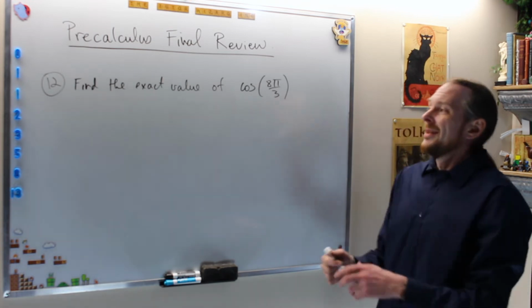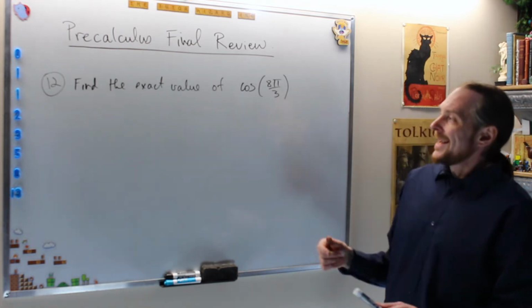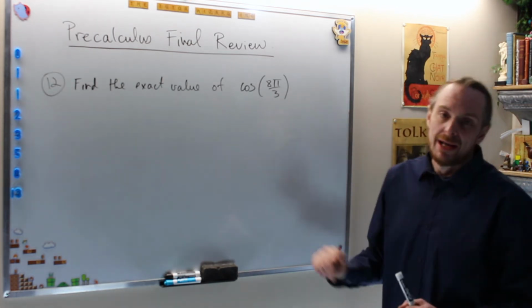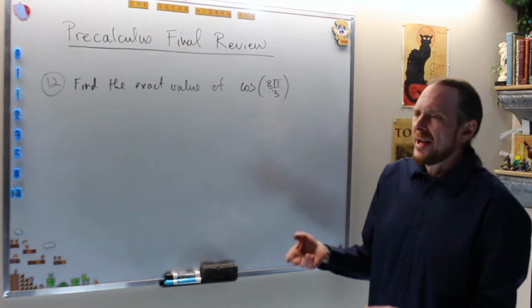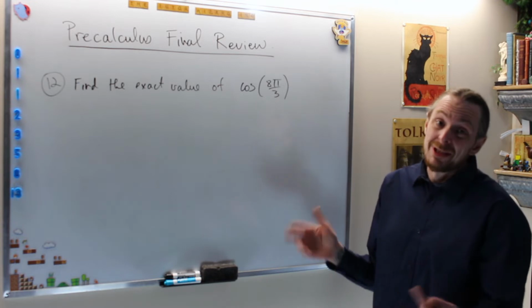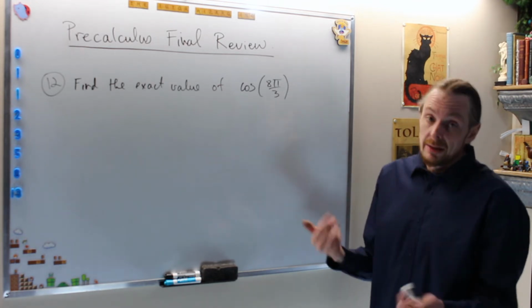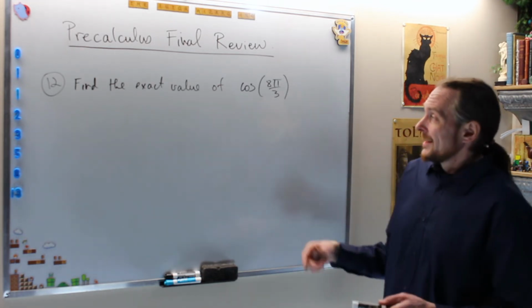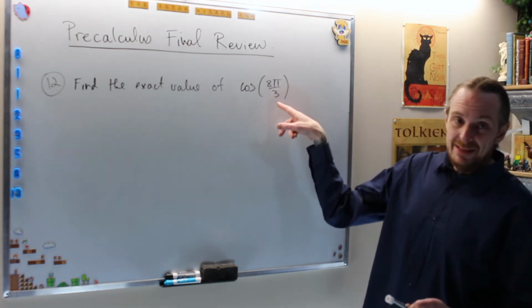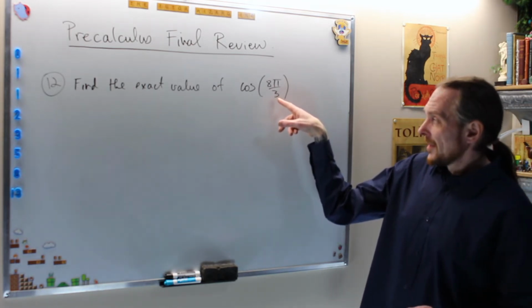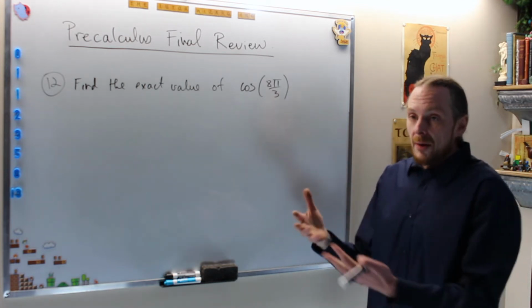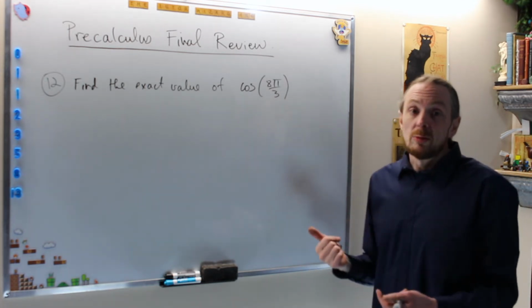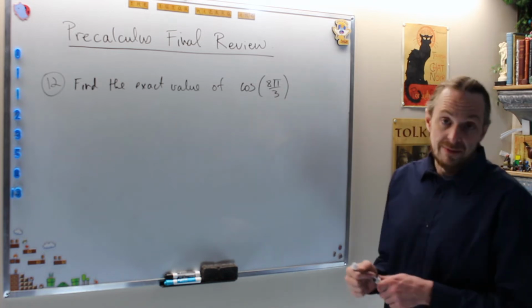Number 12 wants us to find the exact value of cos of 8 pi over 3. What they're saying in these questions usually is finding the exact trigonometric values of arbitrarily large angles or values. What we want to do with this is first cut off any excess revolutions of this value to find a value on the unit circle, or between 0 and 2 pi, which is coterminal to this value,